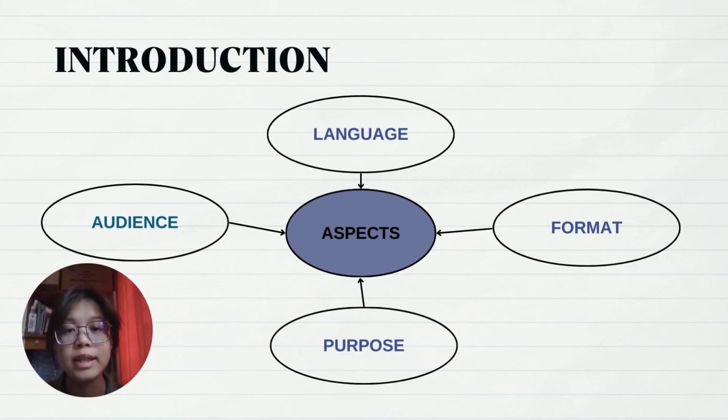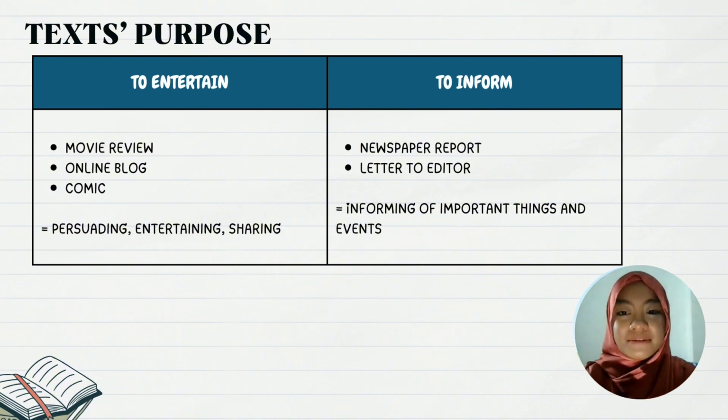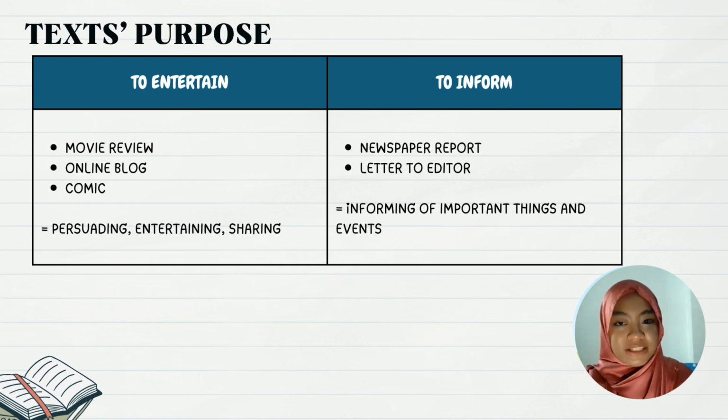the similarities and differences of text purposes of the regarding media outlets. So we will begin by analyzing the purpose of the text given today. So its purpose in writing is their reason or intent in writing a text. For example, it can be to inform, to entertain, to persuade, and to share. So how do we know an author's purpose in writing? So we analyze the language and the sentences that they use, the phrases that they use in the text.